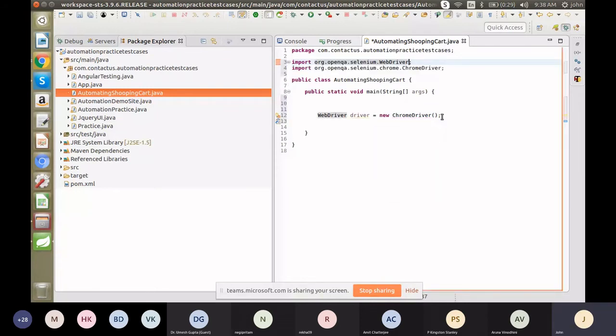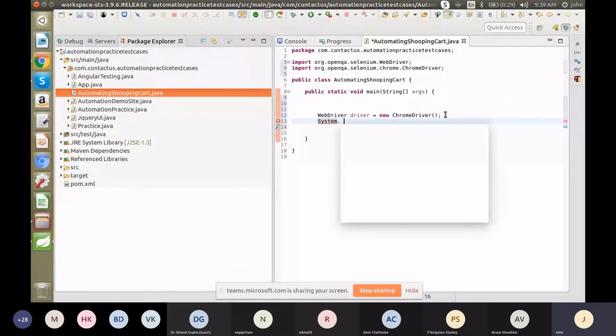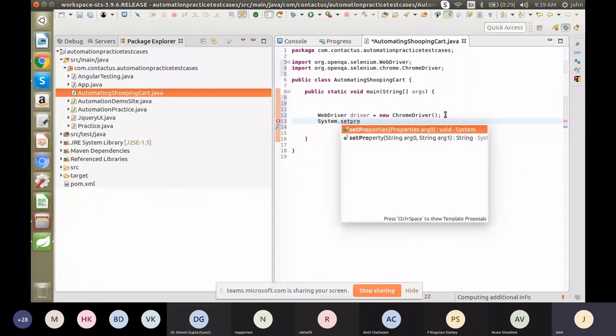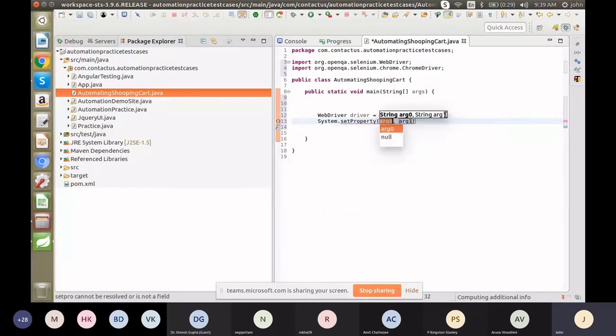Yeah, now we created the driver object. Then we have to mention the location where the Chrome driver is located. System dot set property. This is argument 0, this is argument 1. webdriver.chrome.driver. In the other string, we have to mention the location where it is located.